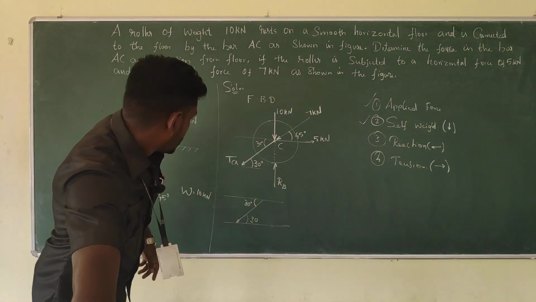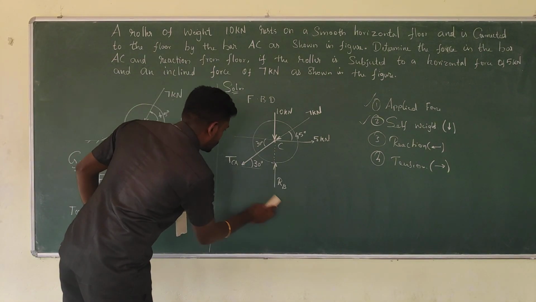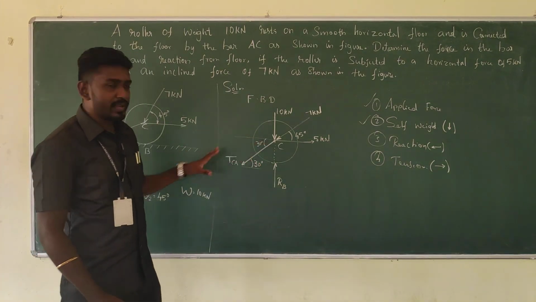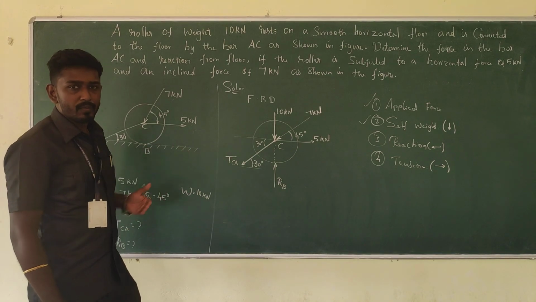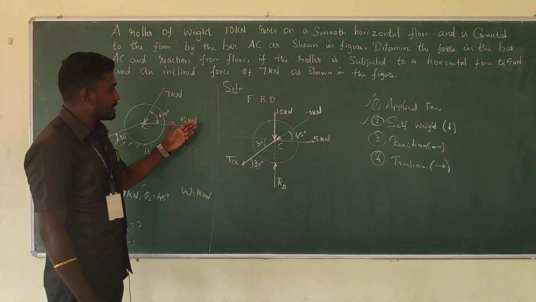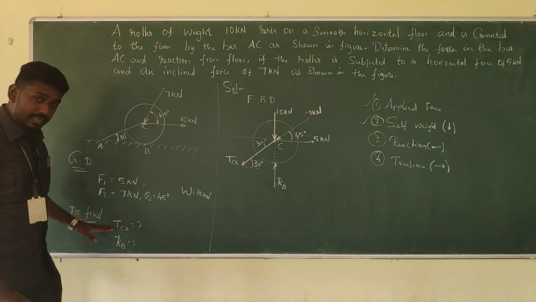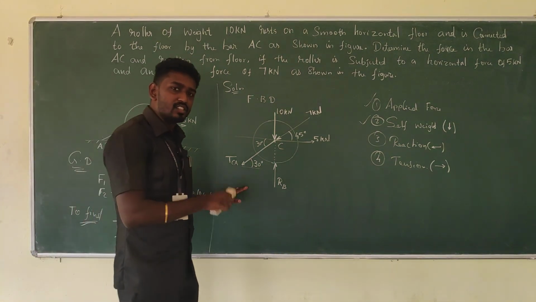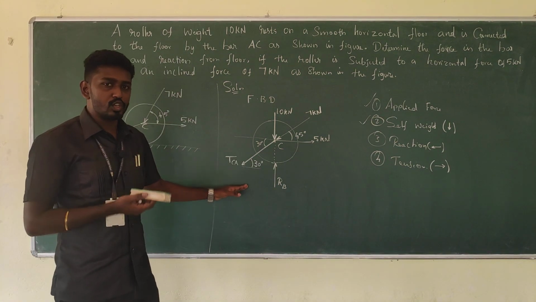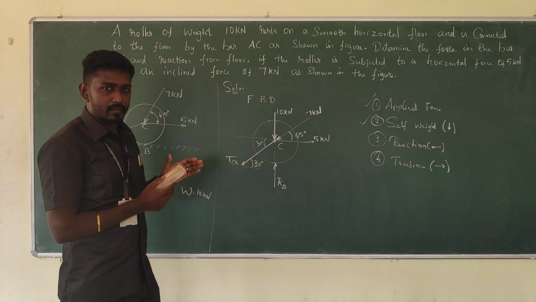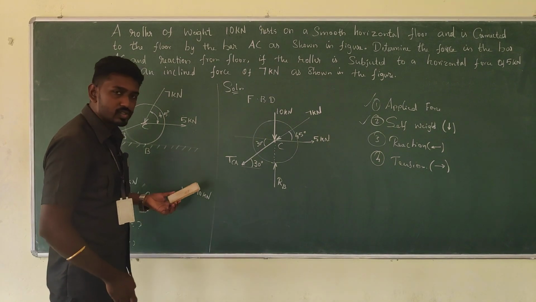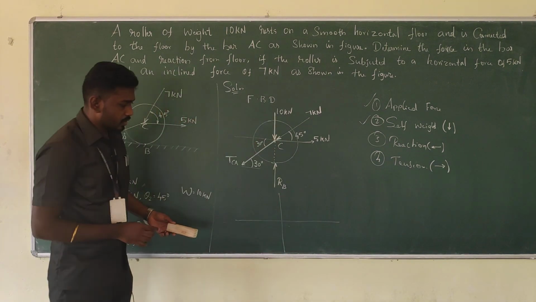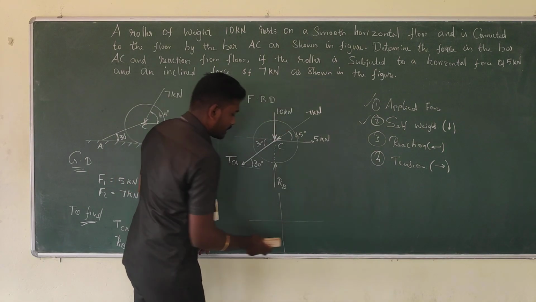Right? And then any other force is possible here? No, right? All the forces have been captured in the diagram. So now we are going to follow the resolution method in order to find the tension force and the reaction at B. For that we need the horizontal components and vertical components. So in order to get the observation of horizontal and vertical components, just simplify the diagram by making it into quadrants. Okay, so I have drawn the XY axis.